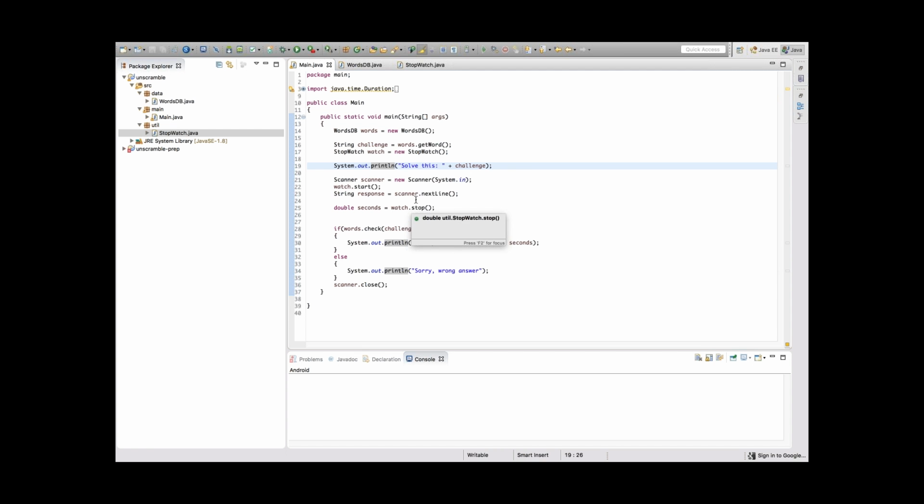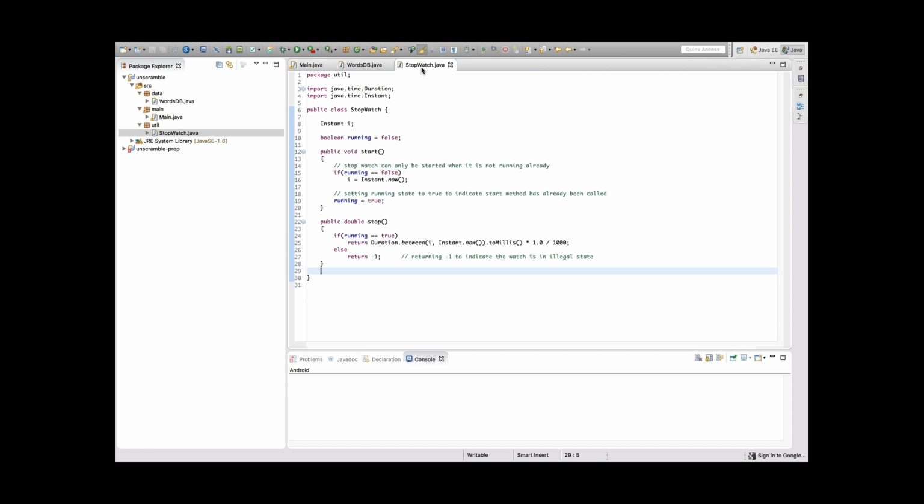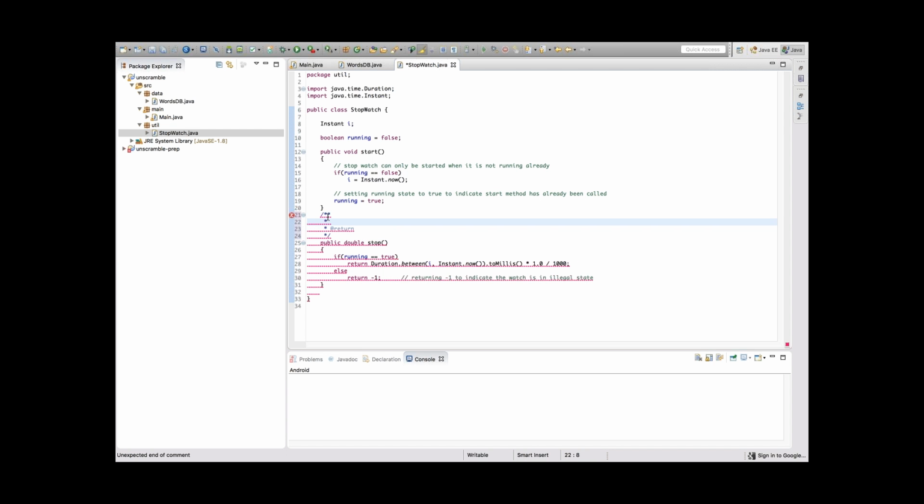So to provide that kind of description, we use a special type of comments called Javadoc. Javadoc just looks like a block comment, but it will start with slash and two stars and end with star and slash. Now, if we give a description,